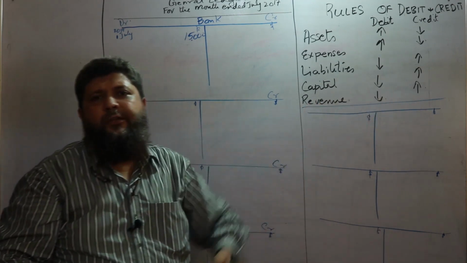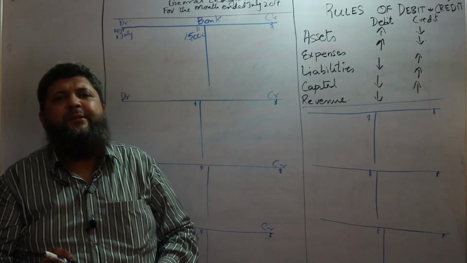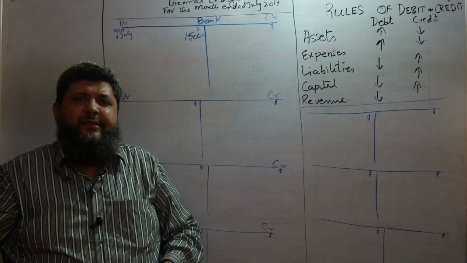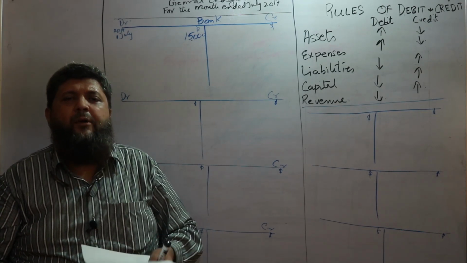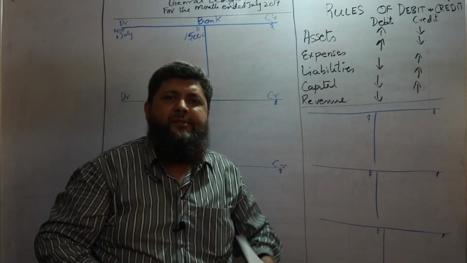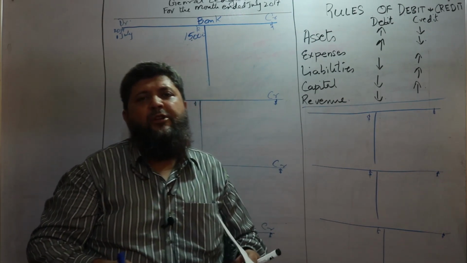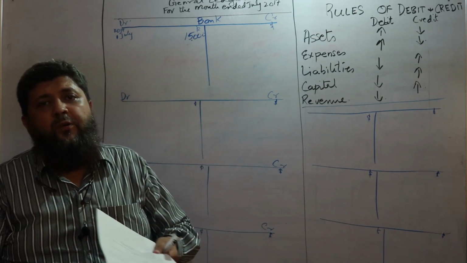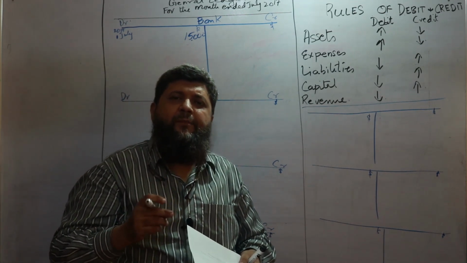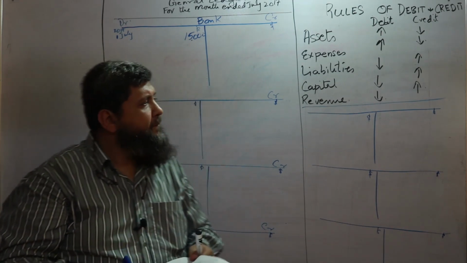Our capital is also increasing because I told you that capital is the amount which a person invests in the business. If a person invests money in the business, the capital account of the business increases, because this is the amount which is given by a natural human being to an artificial being called business. Here comes the concept of separate entity. Business is a separate artificial person distinctive from the person who actually owns the business. These two lines are very important to understand, and they are examinable in CAIE papers.